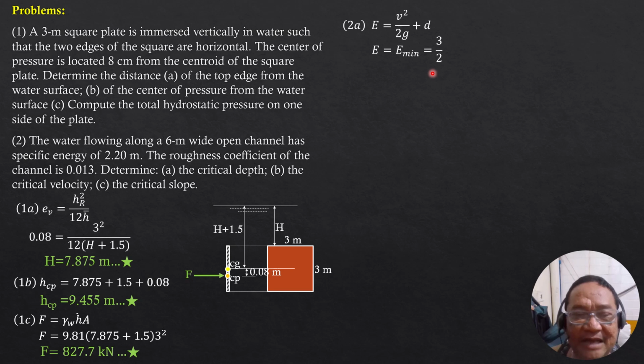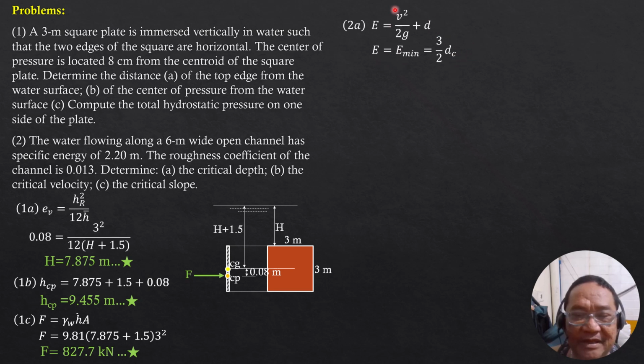for rectangular channels. If the channel is in general not necessarily rectangular, the general formula is that it is equal to hydraulic depth over 2 plus critical depth. For a rectangular channel, the hydraulic depth is also the critical depth. So critical depth over 2 plus critical depth is 3/2 of the critical depth. So from there, we substitute.